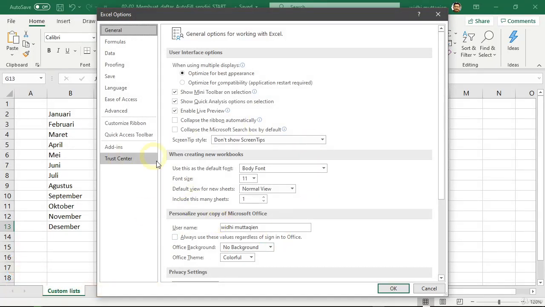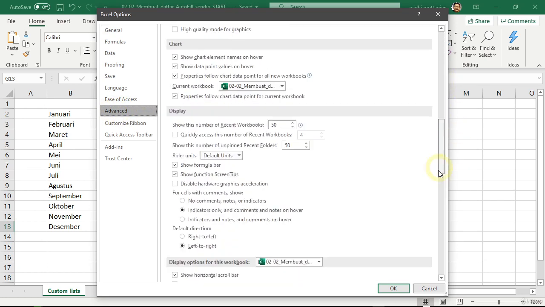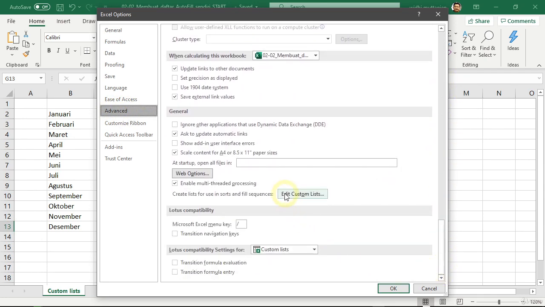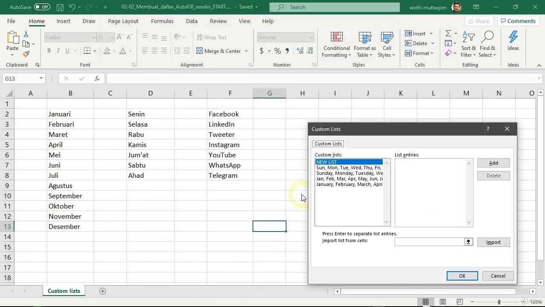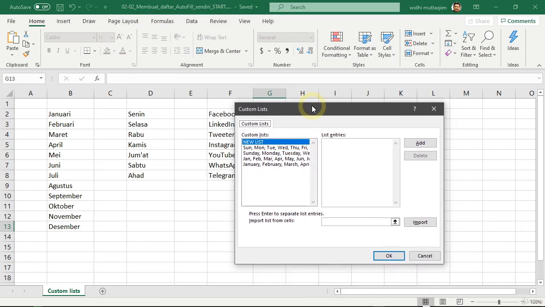After the Options window opens, go to the Advanced category and scroll down until you find the button that says Edit Custom Lists. Click this button, and here is the window where we can control the lists that appear when doing autofill. We can see that there is a list of the day names, a short version of it, and the long version.